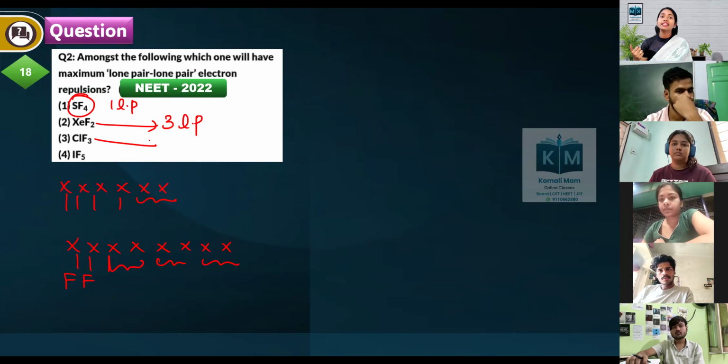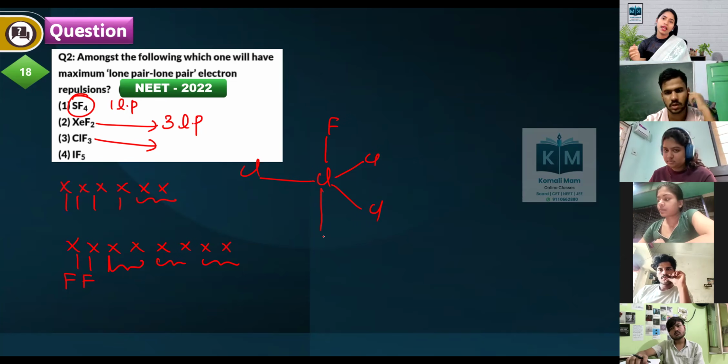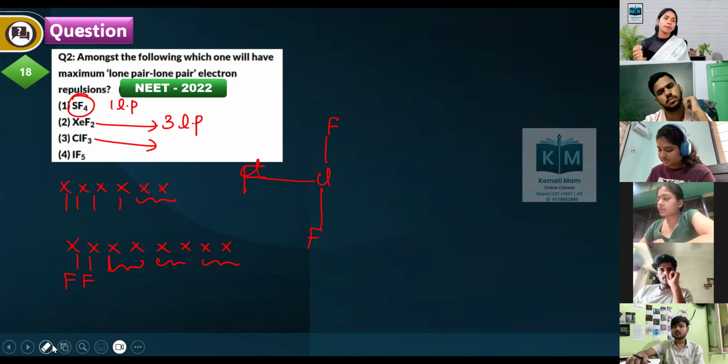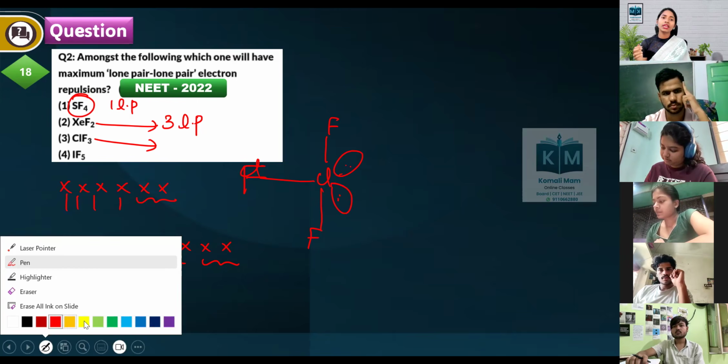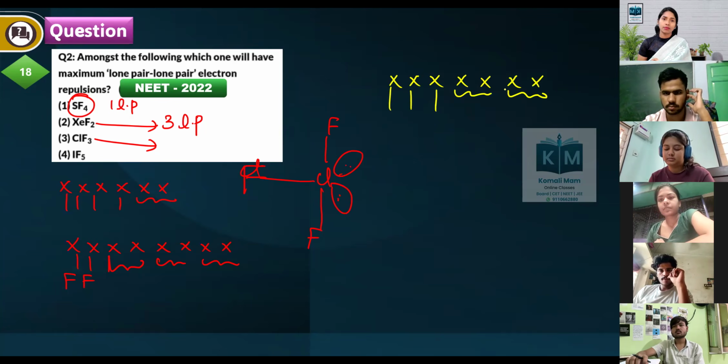Total 3 lone pairs. ClF3, T shape we will get, right? In ClF3, most famous structure. Then what is the shape we'll get? ClF3, T shape. How many lone pairs in ClF3? 2 lone pairs. How can we calculate? Chlorine belongs to 7A or 17th group. There are 7 electrons. Each fluorine forms 1 bond, 2 lone pairs are present remaining. So this is 2.